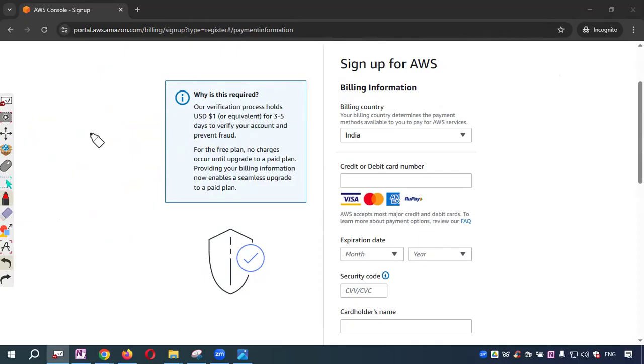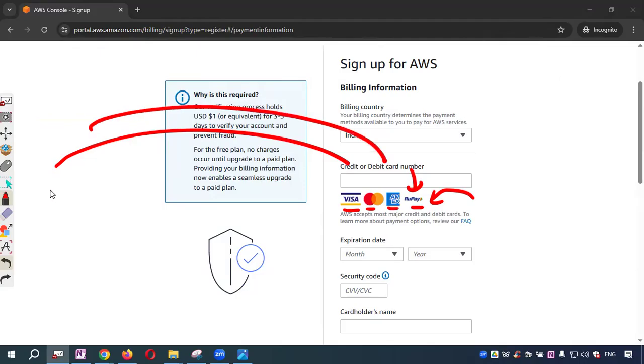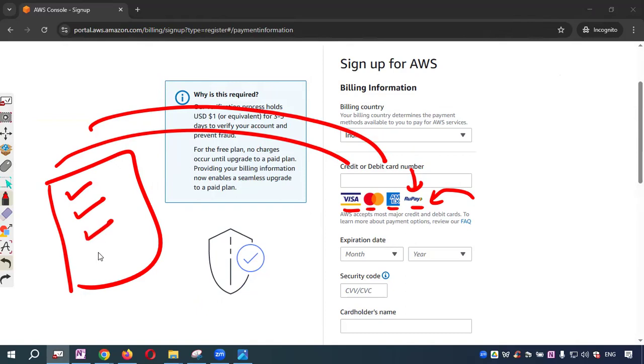Okay. Now, remember that whenever you are putting your credit card or debit card number, you need to make sure your Visa, Master, whatever cards are listed over here. In some countries, another option might also come. In India, Rupee is used, so the Rupee option is there. If you are in some other country, your local country cards also might be displayed. But one thing you should remember, your credit card or debit card should have